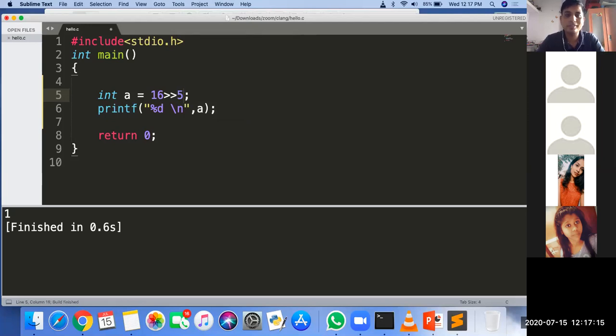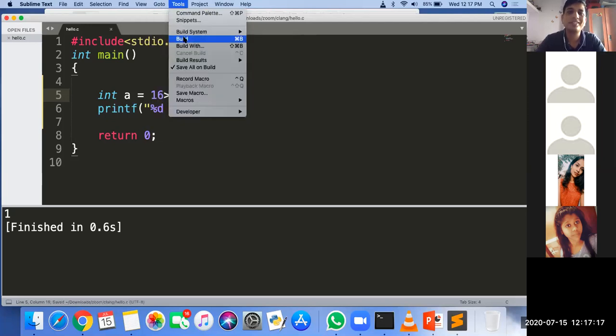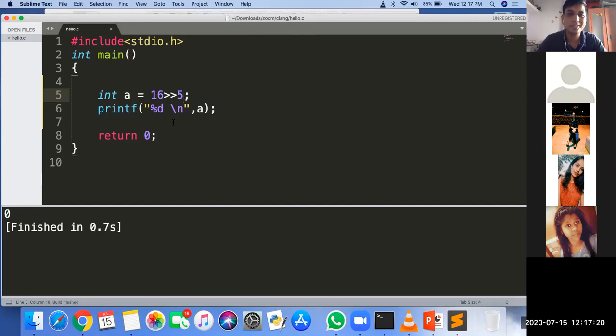And for 5, it becomes 0, not a negative number, because all the bits get removed and the remaining are 0. So just remember this concept, whatever formula I have given. These are tested formulas, and using them I cracked my GATE examination.